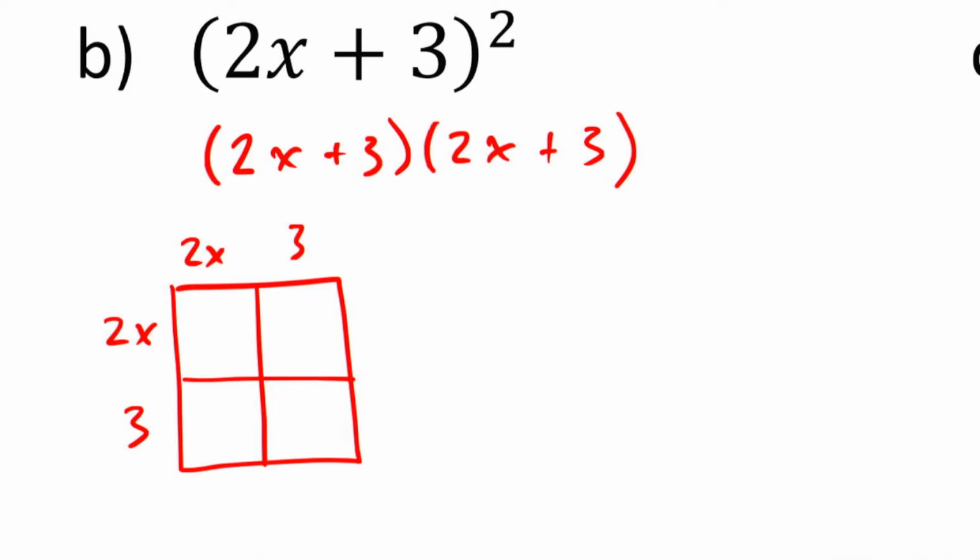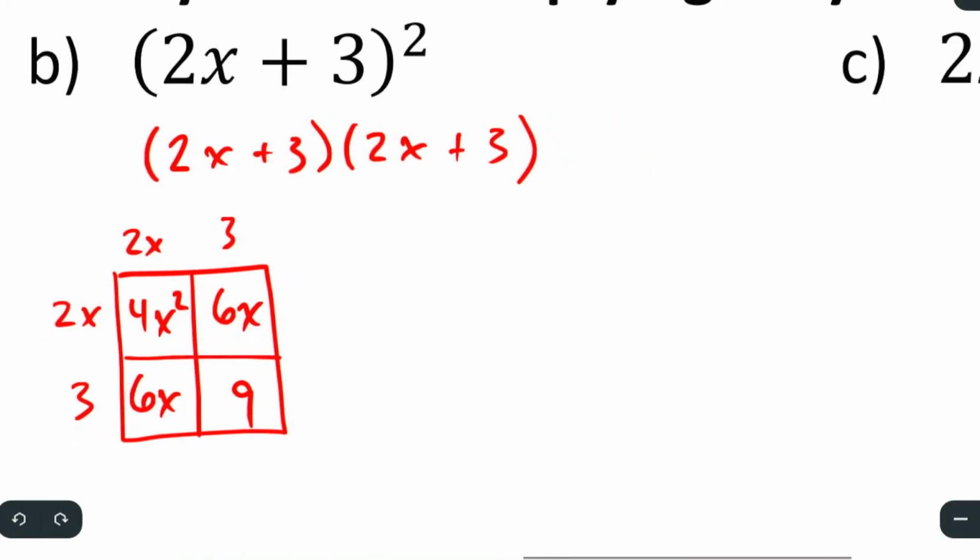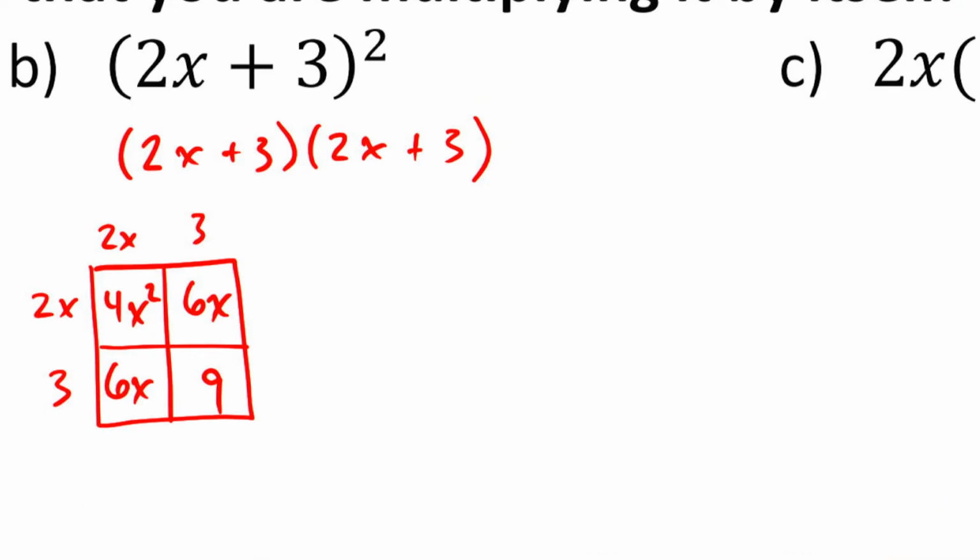So the area that I get for each of the pieces, 2x times 2x, is 4x to the second power. 3 times 2x is 6x. And 2x times 3 is also 6x. And then finally, 3 times 3 is 9. You can see the pieces that go into this product. And when I simplify it,